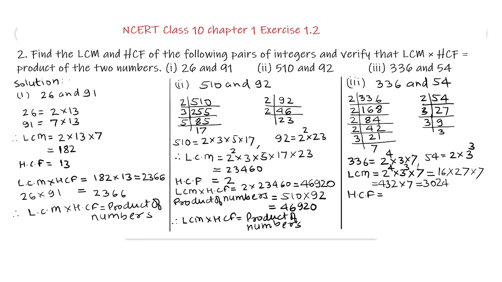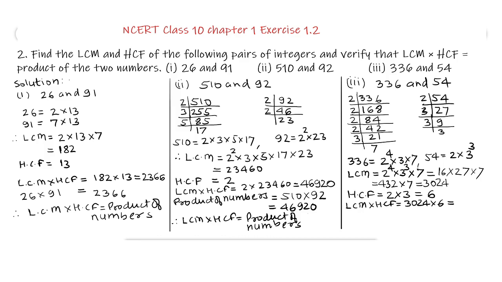SCF is the lowest power of common factors. So common factors are 2 and 3, and lowest power of 2 is 2 and lowest power of 3 in common is 3. So SCF equal to 2 multiplied by 3 is 6. Now LCM multiplied by SCF equal to 3024 multiplied by 6 equal to